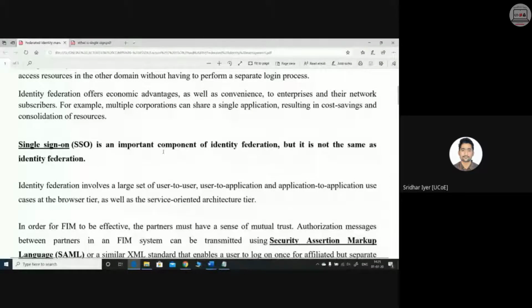समझो, this is nothing but a virtual kind of an environment. SSOs belong to that virtual environment, and they can then interact with the actual main server, which is called as an identity federation or FIM. Clear? SSO part hai FIM ka, but FIM is not a part of SSO. Now things will be clear, I guess.